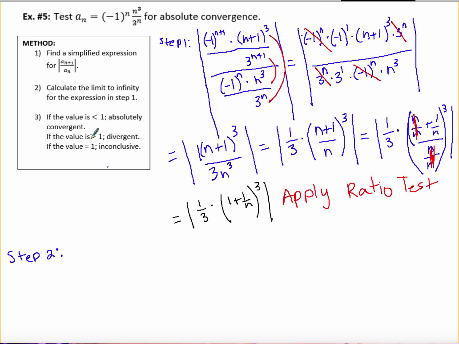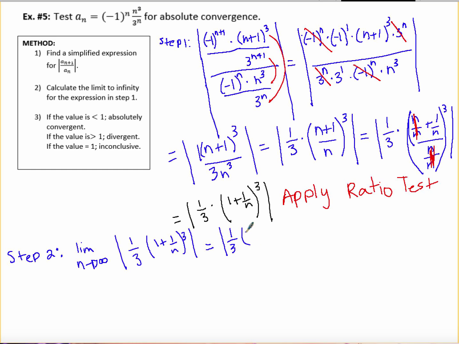All right, step 2 is just calculating the limit to infinity for the expression. So we're going to take the limit as n goes to infinity of the absolute value of 1/3 times (1 plus 1 divided by n) to the 3rd power. Now, when I calculate the limit as n goes to infinity, the absolute value stays, the 1/3 stays, it doesn't have an n,